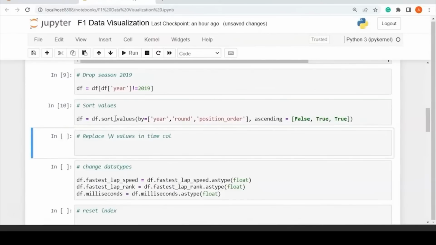Alright, moving ahead, now we are going to see how to replace the